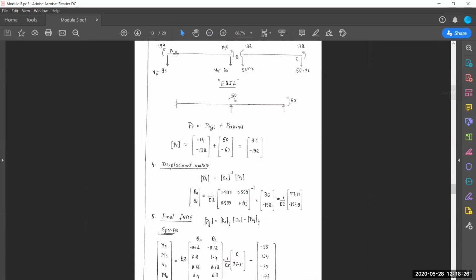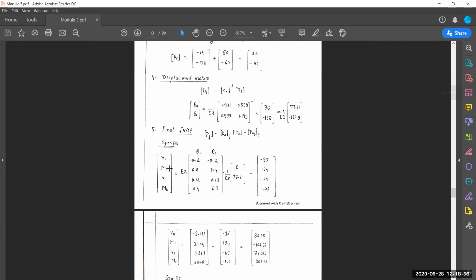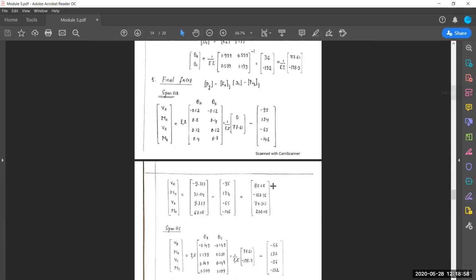Check the value. So span AB calculation we are doing. VA is vertical force, right? But it's going in a downward direction. So I have written minus 95 here. And MA 194 clockwise. So right, plus 194. Got it? If the shear force is going in a downward direction, negative; clockwise, anti-clockwise, you write positive and negative. So for span AB, you just check out, do the calculation separately.